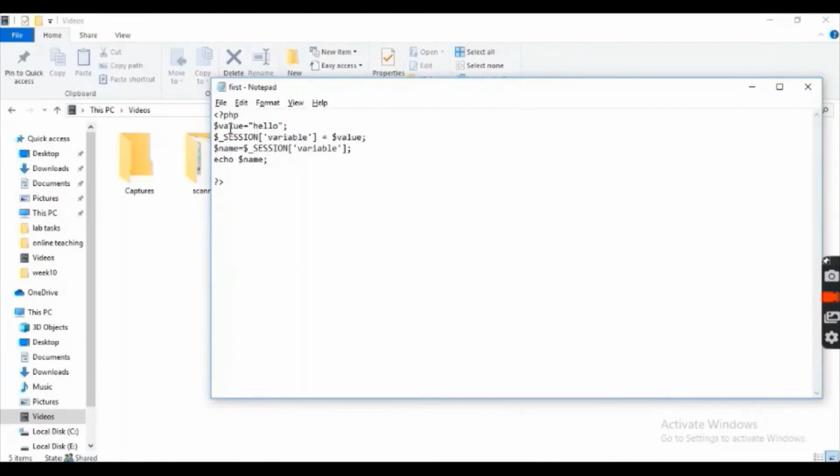The session one that we did, simply this line we did session variable, the name of the session is variable and its value is equal to value, which I have initialized here, value is equal to hello. And then what we have done here is that we have again initialized the variable name and put the value of this session variable right here. So this would be equal to this hello, and then we will echo this name.